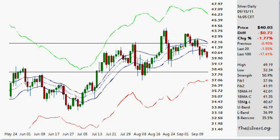Hello, it's Thursday, and really we're still doing a whole bunch of sideways action. And these Fibonacci lines are about to change. So the levels of 38.11, 42 and a quarter, they will remain as long as we stay within the range of 32 and 50. However, we can see that the 100 period high is